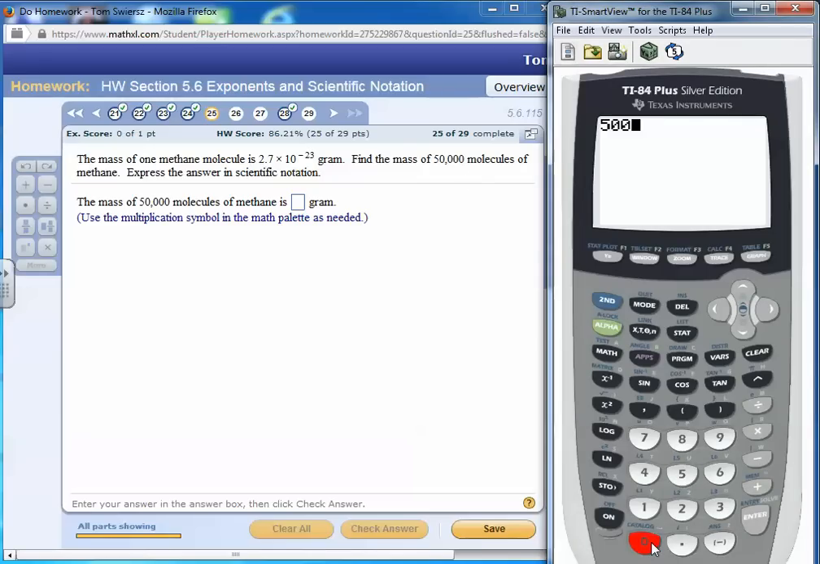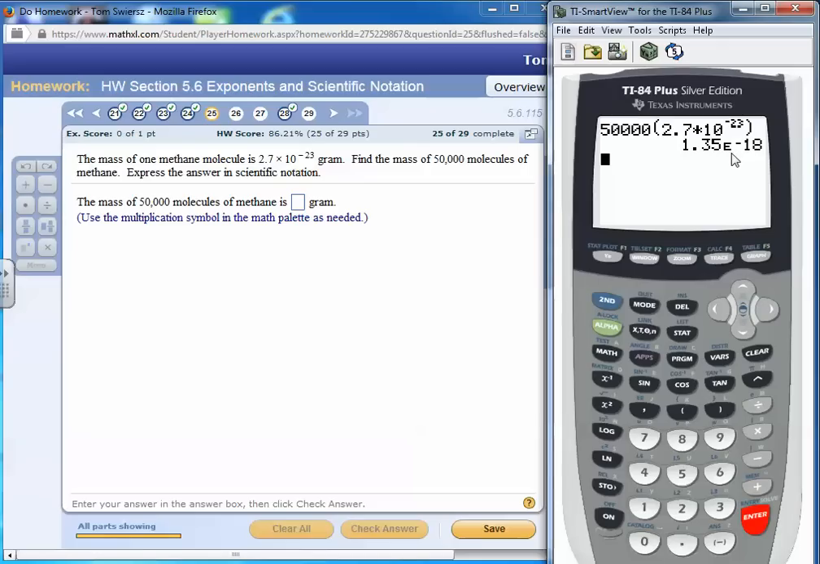You can just put 50,000 in your calculator, multiply by the weight of each molecule, which is 2.7 times 10 to the negative 23 grams. So in parentheses, 2.7 times 10, then the exponent key, then negative, which is below the 3, negative 23rd power. Get out of the exponent by using the right arrow, and then put the right parenthesis around the number. The parentheses mean multiply. So we get